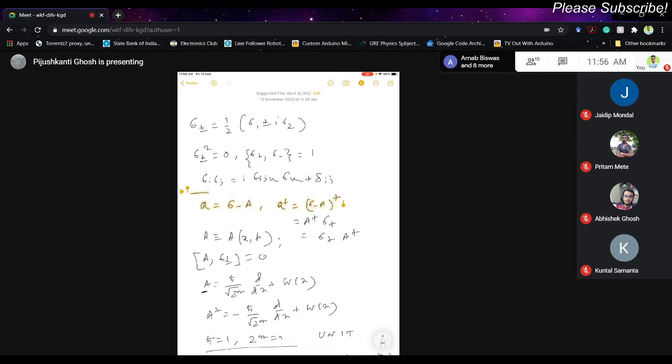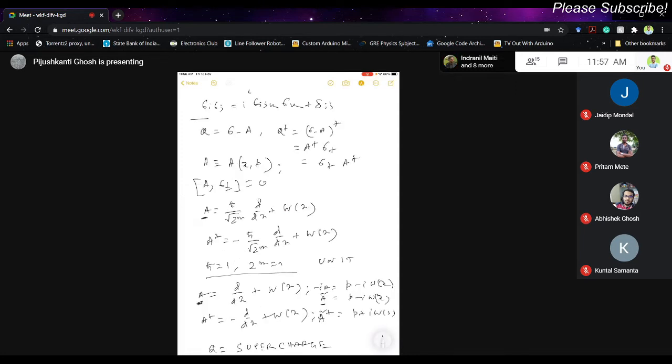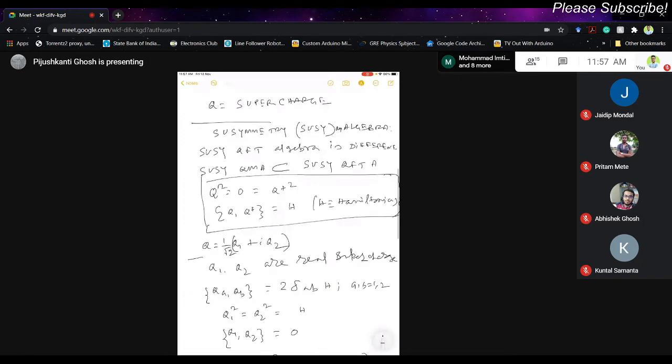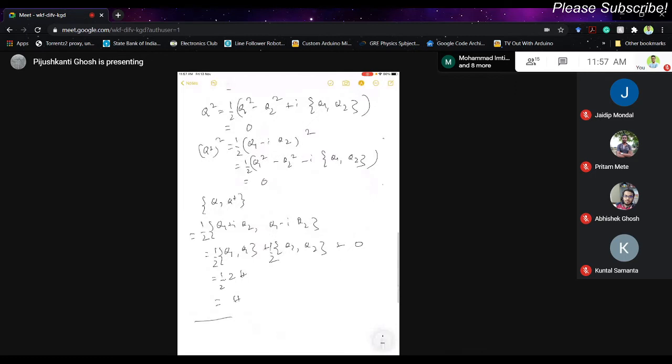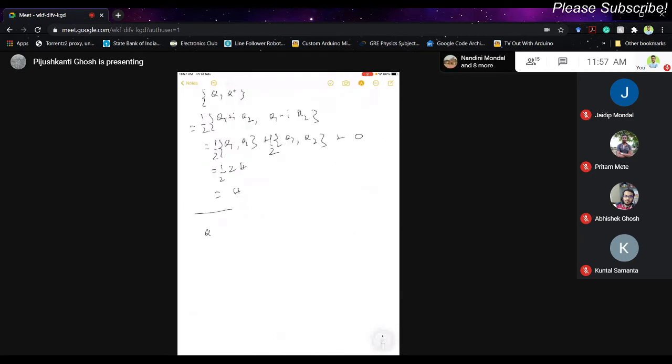If I take Q as sigma minus A and Q plus A dagger, and with A given by this expression, with A corresponding adjoint, then it satisfies the algebra. First, let's see that, and what is the form of H that we want to see? Q dagger